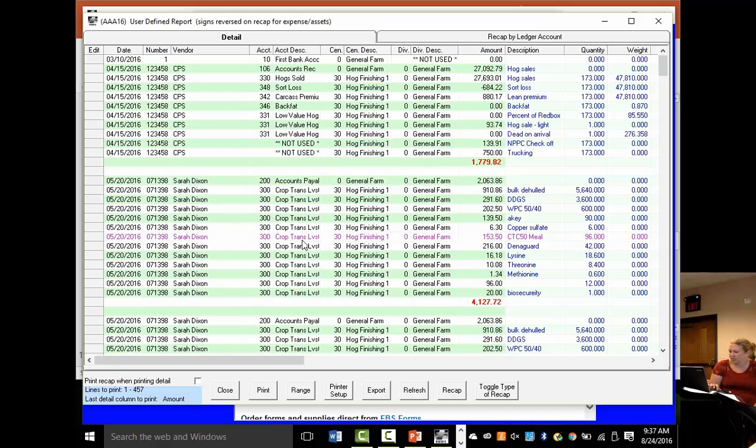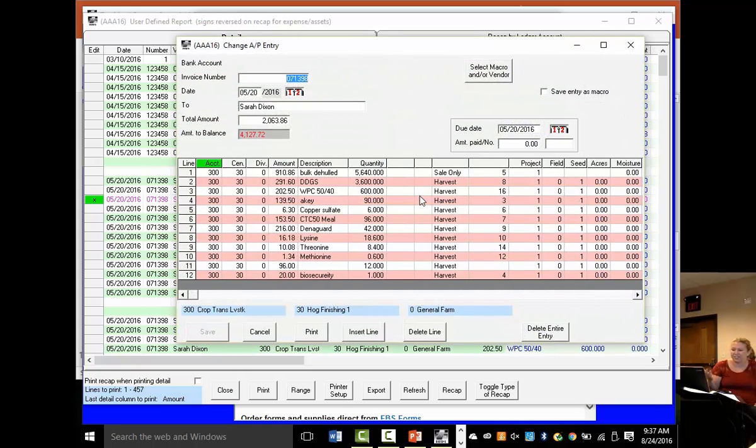This entry down here isn't quite as apparent what the issue is. I don't have anything under accounts, center, or division that says not used. So if I right click on this entry, it's just to add a balance entry. And you can see this one actually is exactly double the total amount. So it's just a wrong